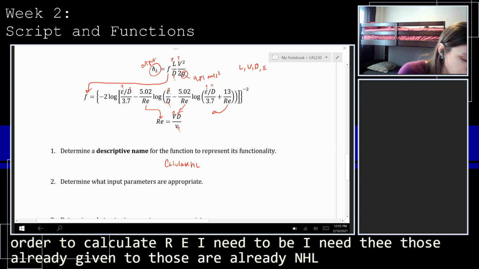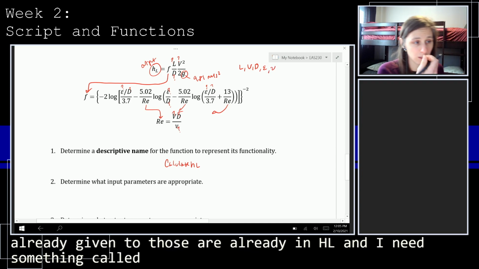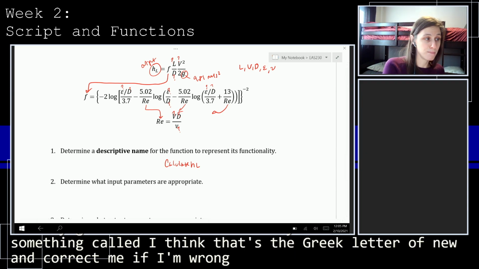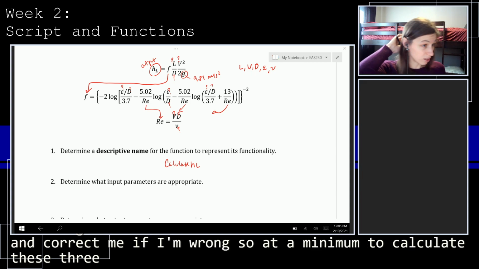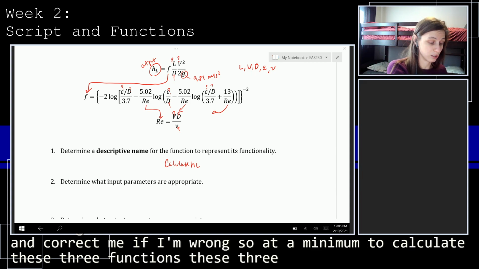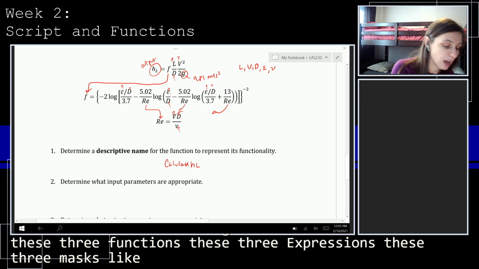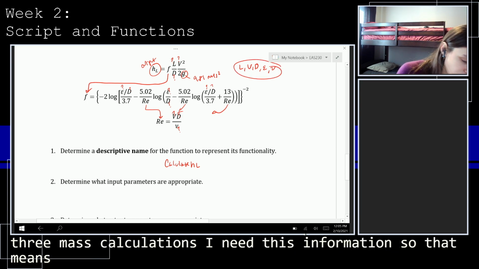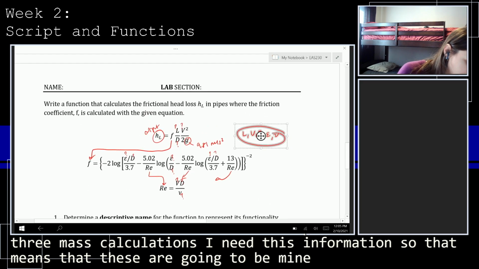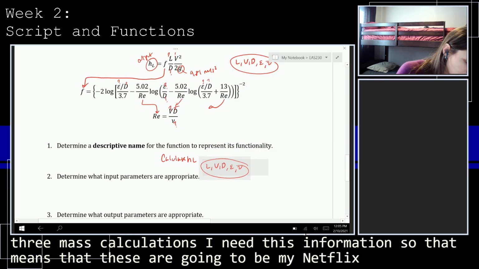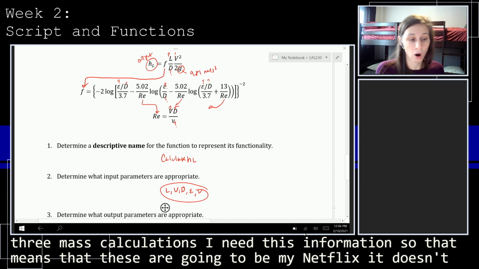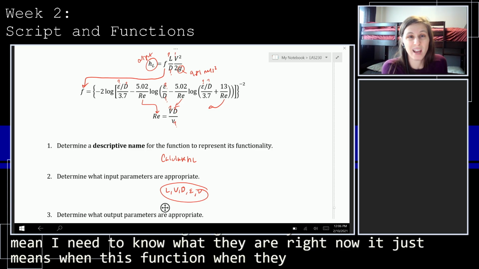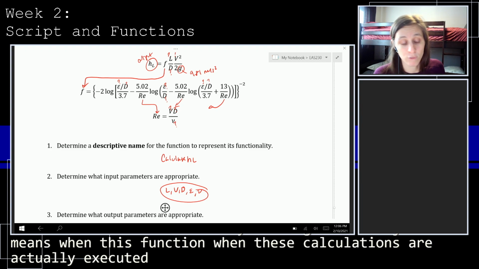And I need something called, I think that's the Greek letter nu. You can correct me if I'm wrong. So at a minimum, to calculate these 3 expressions, these 3 math calculations, I need this information. So that means that these are going to be my inputs. That doesn't mean I need to know what they are right now. It just means when these calculations are actually executed, I need that information.